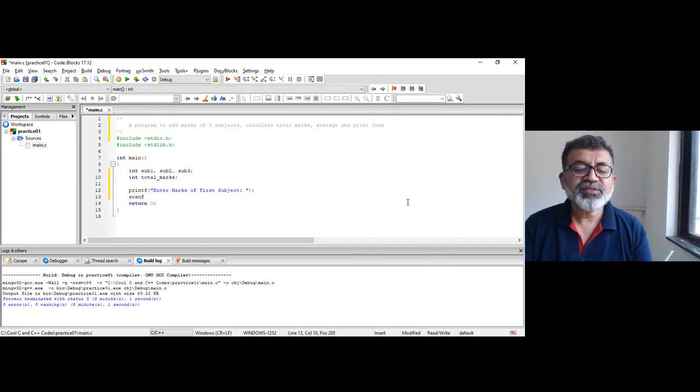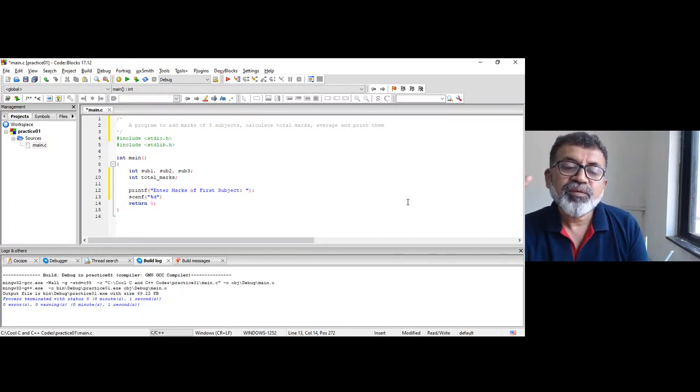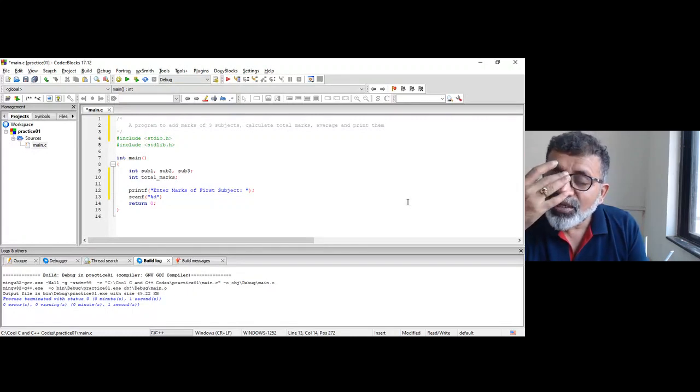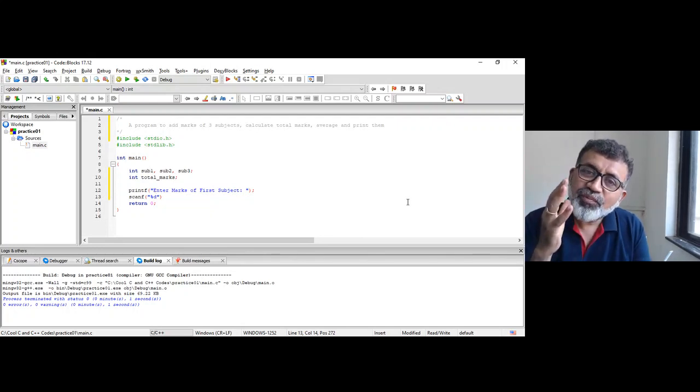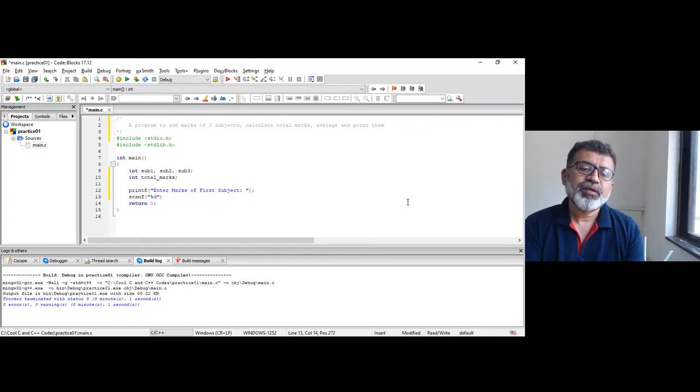Scanf is another function. Percent %d is the format specifier because user is going to enter marks. For that, you are making a provision by declaration of variables.